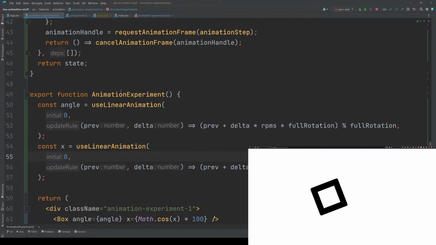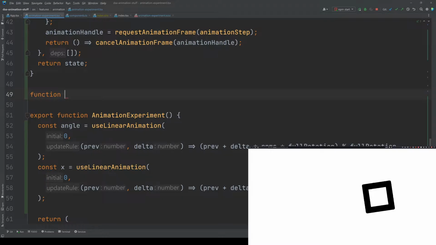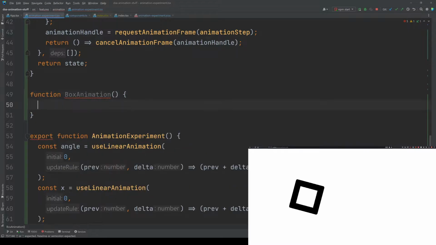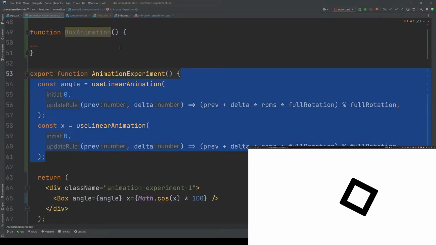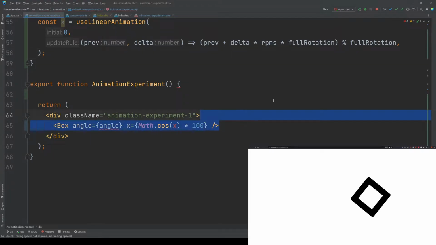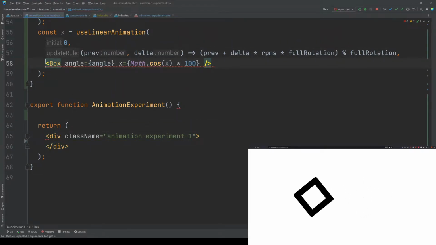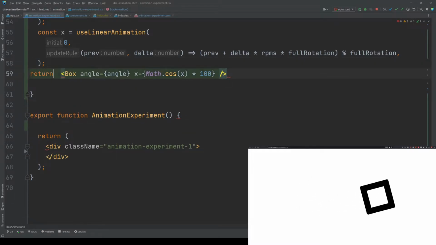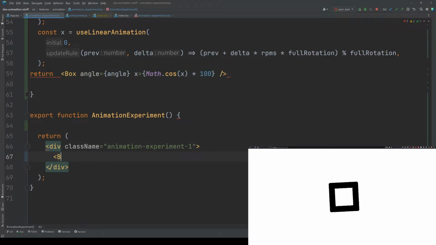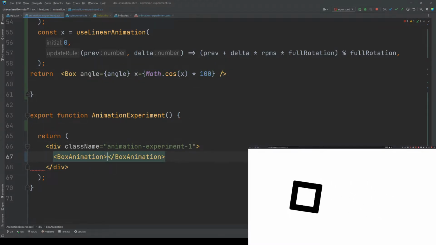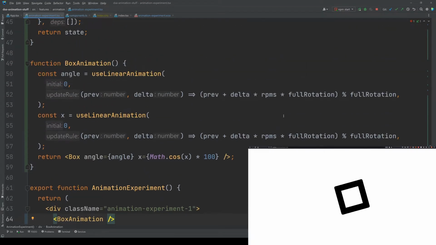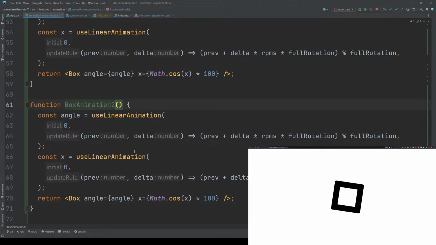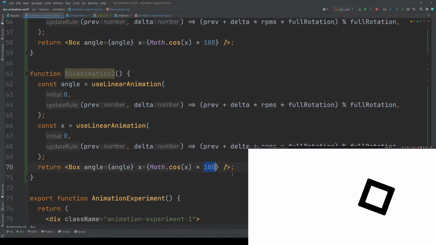Actually, let's extract this into a box animation function component. Like so. So if we wanted a second box, we need to make a box animation 2 and then animate